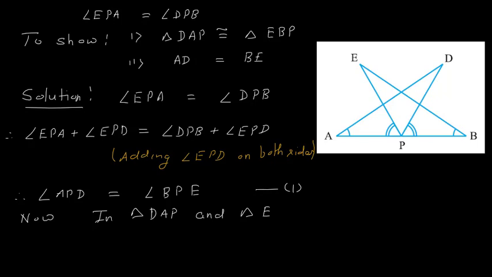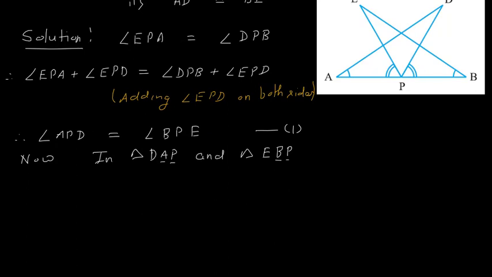DAP and EBP. Correspondence is very important. Correspondence means you can see angle A and angle B, they are equal, so their position is same, middle position, and angle P of triangle DAP and angle P of triangle EBP, they are also same, so their position is also maintained same. So once two vertices are written according to their correspondence, then automatically the third will be with their correspondence.